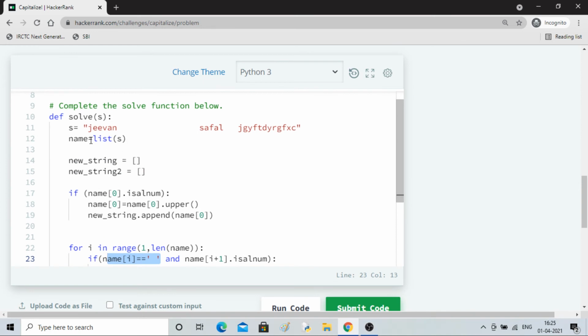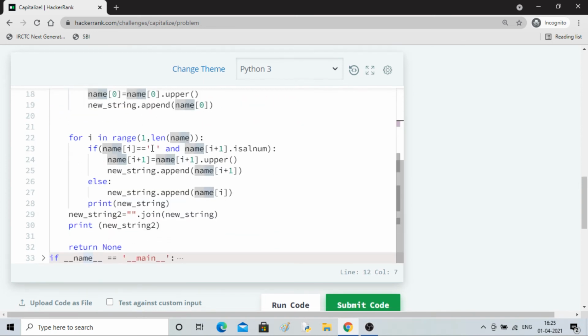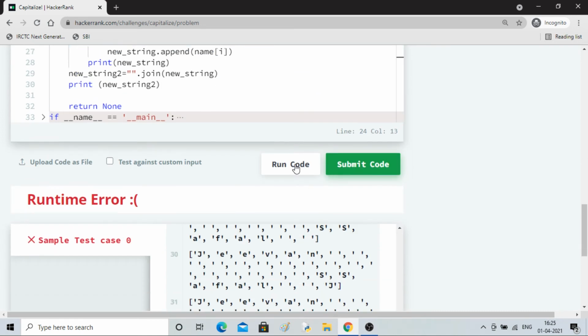I am searching in name only, I am searching the name[i] position, then i plus 1 if it is alphanumeric, then it is changing the content of i plus 1. Or maybe I can do it like this, right? i plus 1 dot upper, that will also work. I don't have to do this, let me do it.